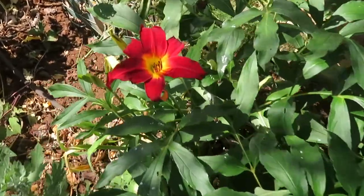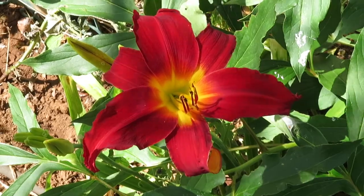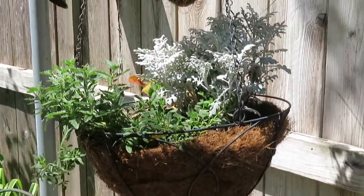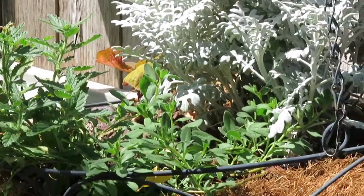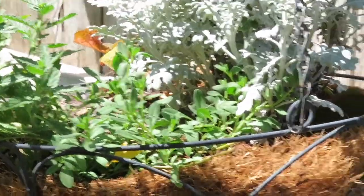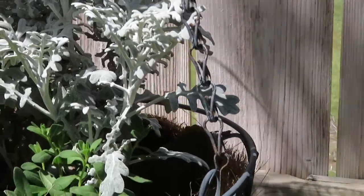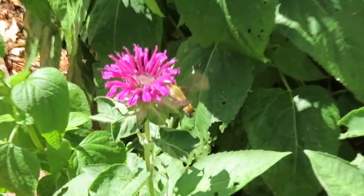And here's another pretty bright daylily. And this too has some calibrachoa in it. It has this one. It had one on the other side, but it's already succumbed to the heat on me. But I do have a pretty little coleus over there, and hopefully it'll go ahead and fill in that area as it matures. And this is the purple, I think it might be called Purple Rooster Bee Balm, and